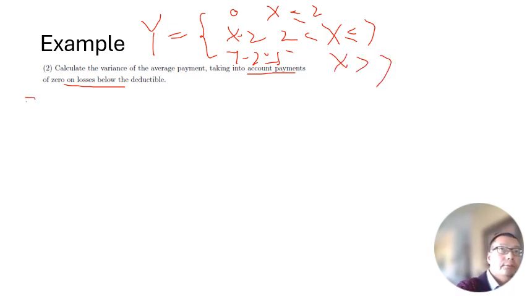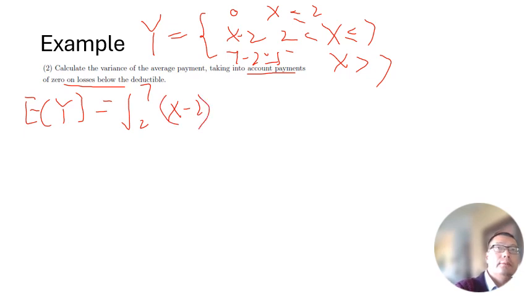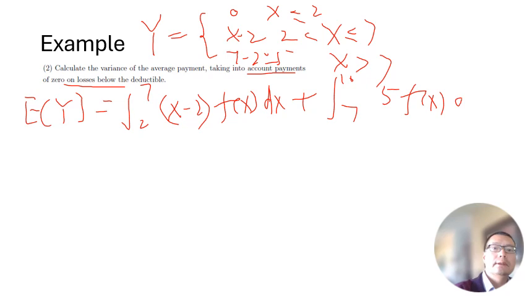Now EY you can calculate it using the integral of x minus 2 between 2 and 7, dx, plus 7 to 10, you have this. This will get you